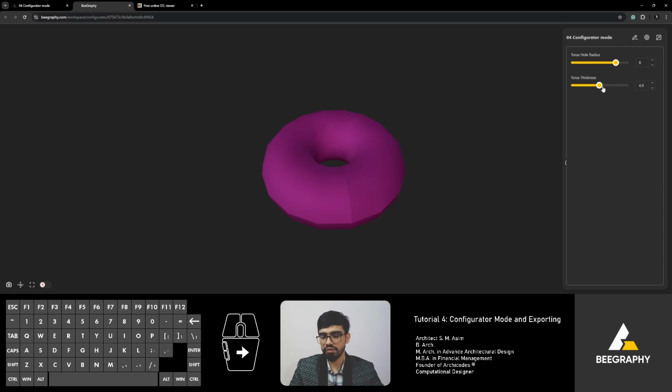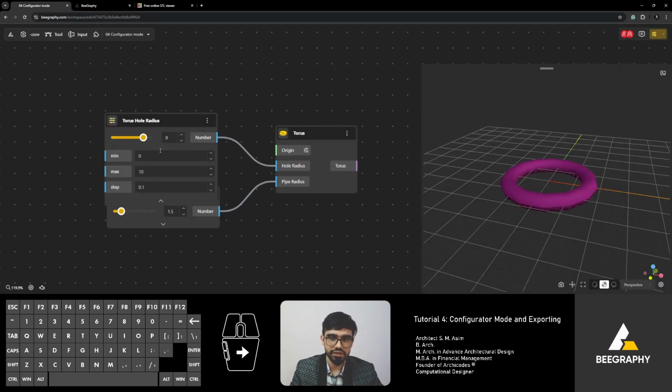Because there would be chances where the geometry might break and the file might crash if the user puts in some wrong numbers, some numbers that require too much computation, right? Let us change the minimum and maximum this range input can go from and to. So we'll start from 5 to 15